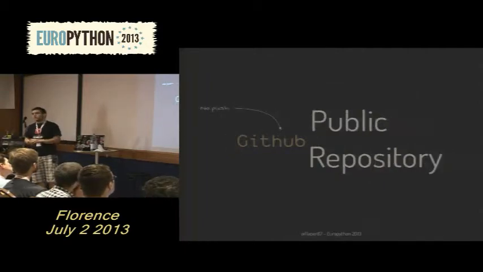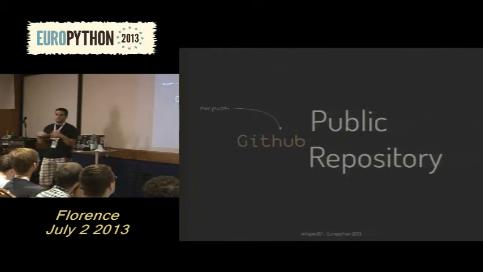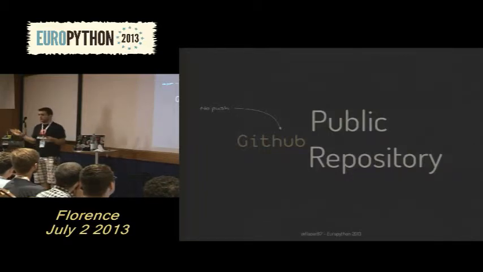We use GitHub, but GitHub for us is just our public repository, right? It's not our main repository. Our master repository is actually on some server somewhere in the world, I guess in America, in HP Cloud, I guess. And it gets replicated to GitHub. So GitHub is not our main repository.